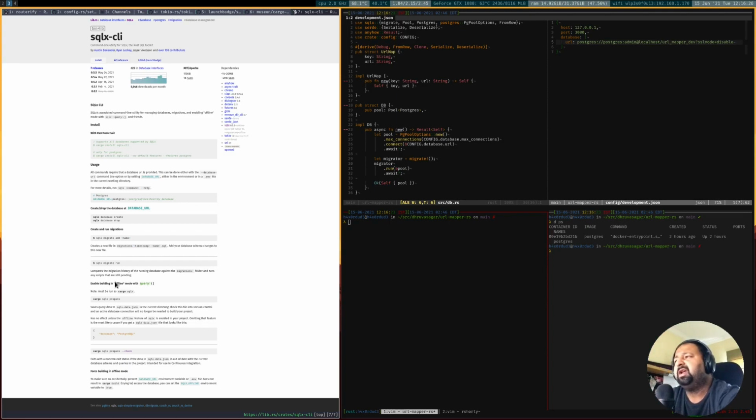So we won't have to do that ourselves, but for example creating the database, things like that, we can do using the SQLX CLI. The only minor drawback is that because we're using the CLI, it doesn't have access to our configurations, so we have to manually provide it, which is okay.